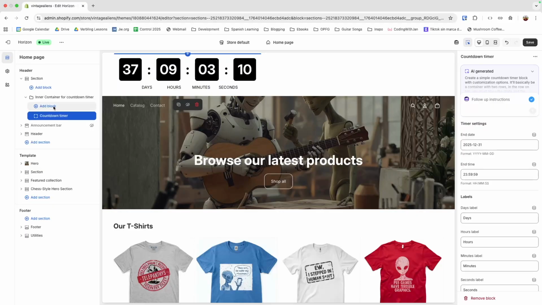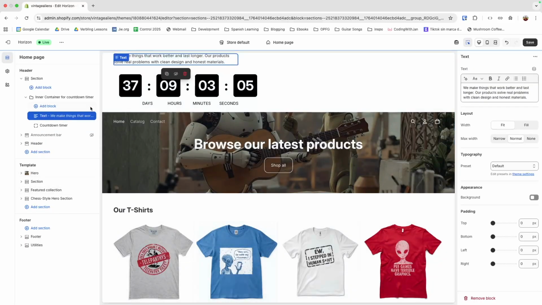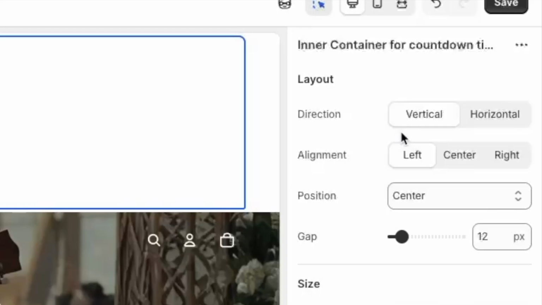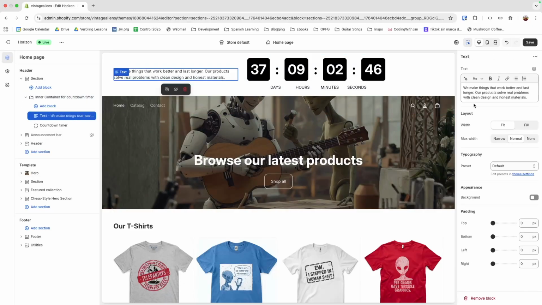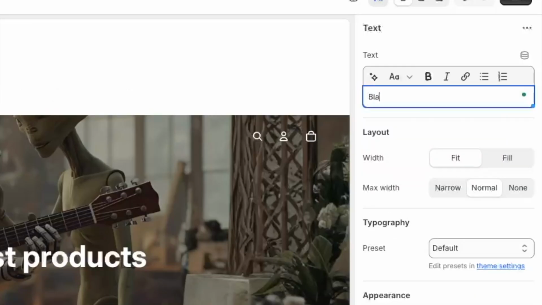And now what I want you to add is another block of text. And yeah, you have to select the group container, make it horizontal. Notice that we have now the bar, and all we gotta do now is style everything. So for example, we may go ahead and give this a description like Black Friday